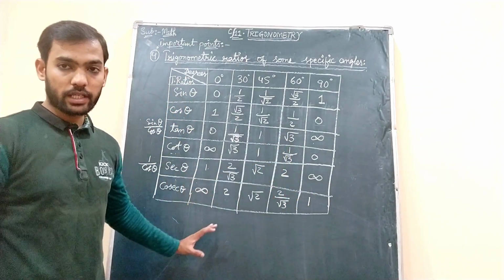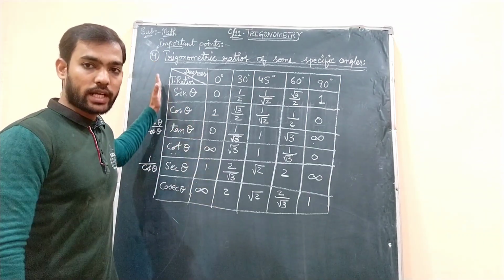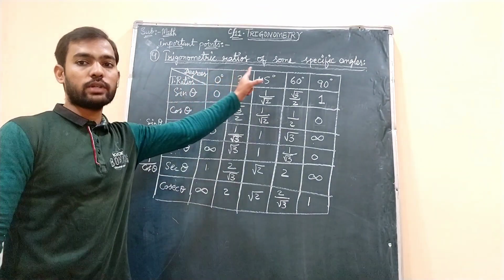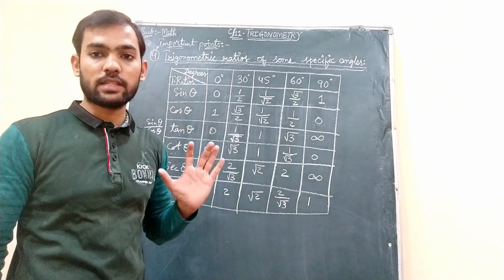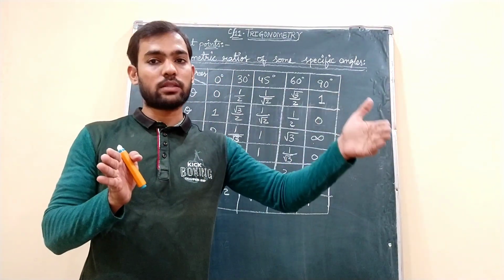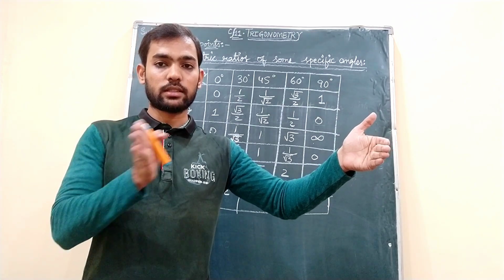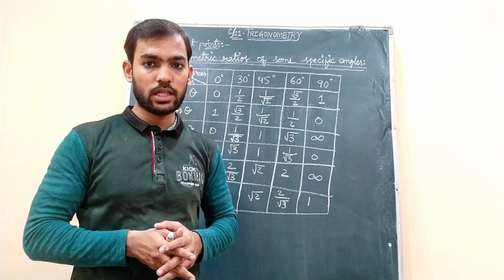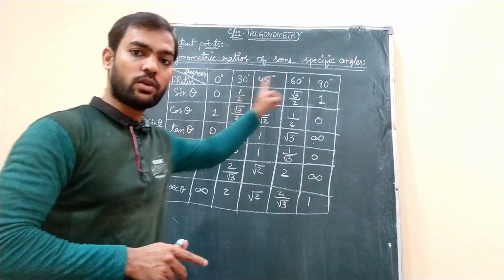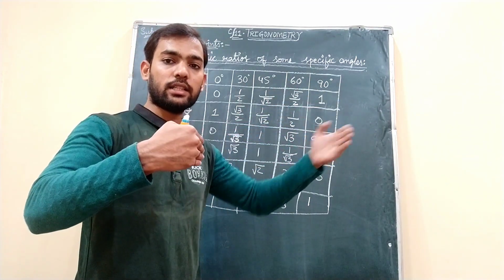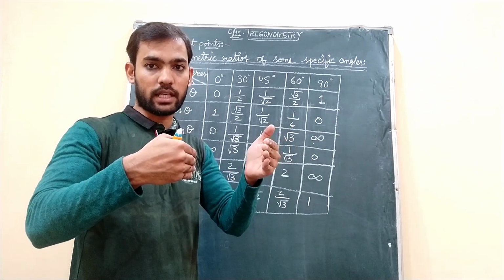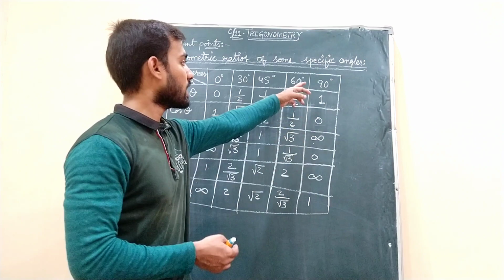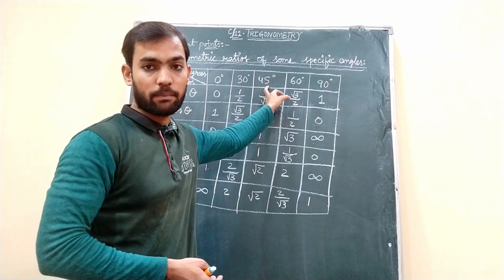Understand? I repeat again how to make this table. Here you will write all the 6 trigonometric ratios in a sequential manner, and on the right side you will write some specific angles. What are our specific angles? 0 degree, the last one is 90 degree. Okay. Then 30 degree, then 60 degree. In between you will have 45 degree. Okay, easily you can remember. Start with 0, end with 90, then 30 minus 30 plus 30 minus, so you get 30 and 90, and the middle one is the exact mid value of 90 and 0, which is 45 degree.